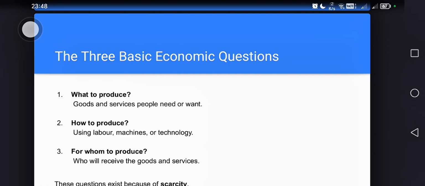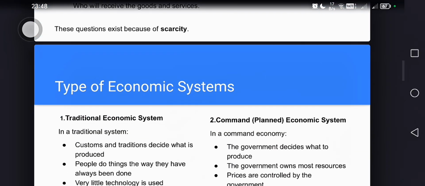Is it for the whole society? Is it for adults? Is it for kids? So they need to consider who is going to consume those goods. Okay. So after answering these three questions of for whom to produce, what to produce, and how to produce, we then dive